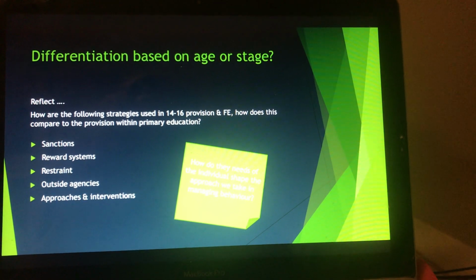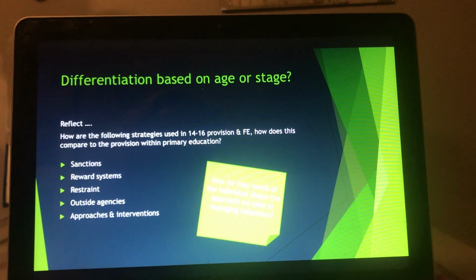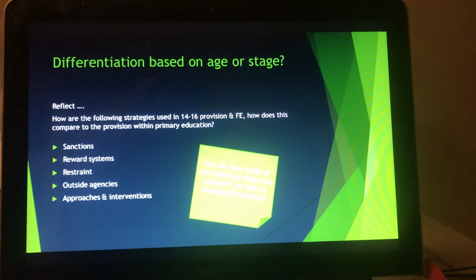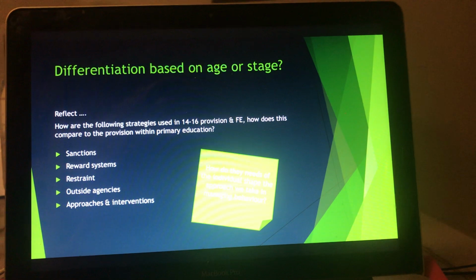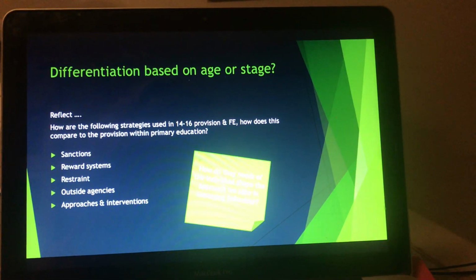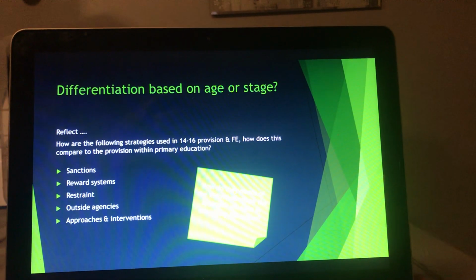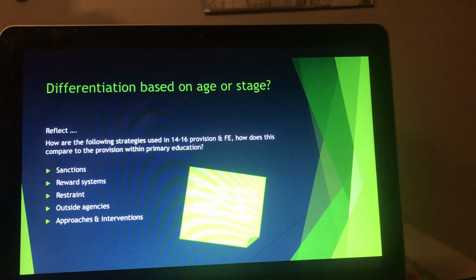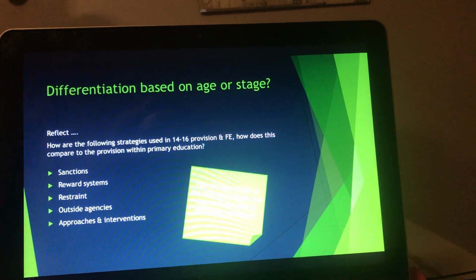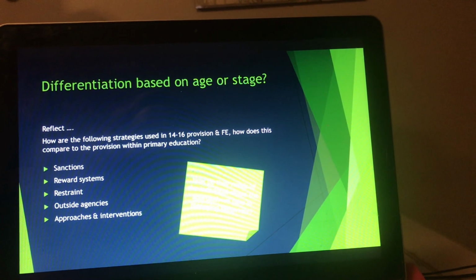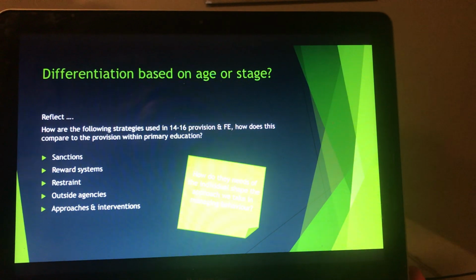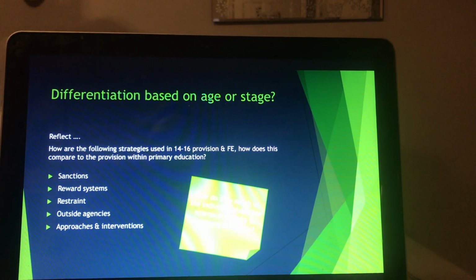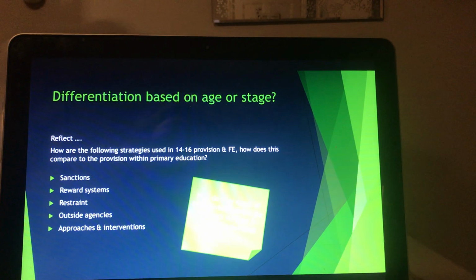So as we all know, we could have a class of 30 children aged 7 to 8, but there are going to be some children in that class that emotionally, socially have a stage of development that is more in line potentially with a 3-year-old, or maybe even younger, or maybe in certain times, in moments of trigger, meltdown, dysregulation, they do revert back to that very much younger age.